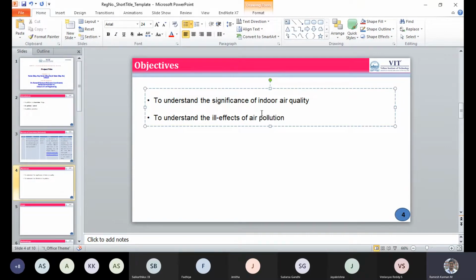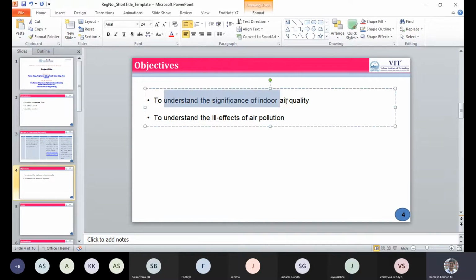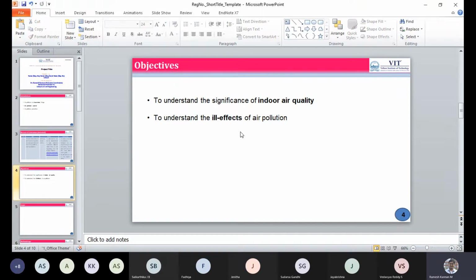Why you take that, you can write in a few steps, like a few objectives. So if I take air pollution as a topic, my objectives will be these two: understand indoor air quality, then the demerits or ill effects of air pollution generally, and so on, right?